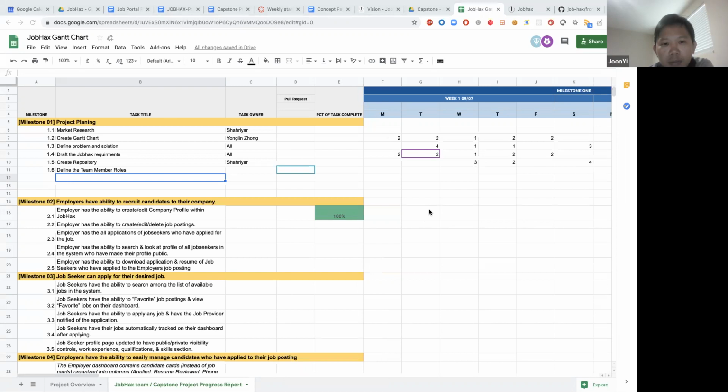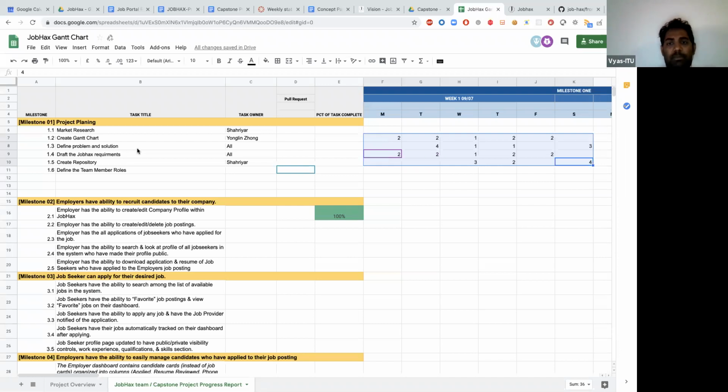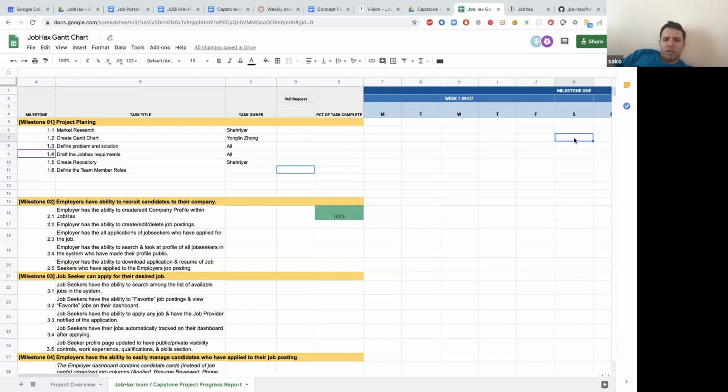If it is some individual task, it can be random. Maybe for at least 1.3 and 1.4, let's put the same hours logged across all the members, and for the remaining, we can just select all. For example, today let's say we put 4 hours. Those two guys put 2 hours on it, 2 hours on the other.